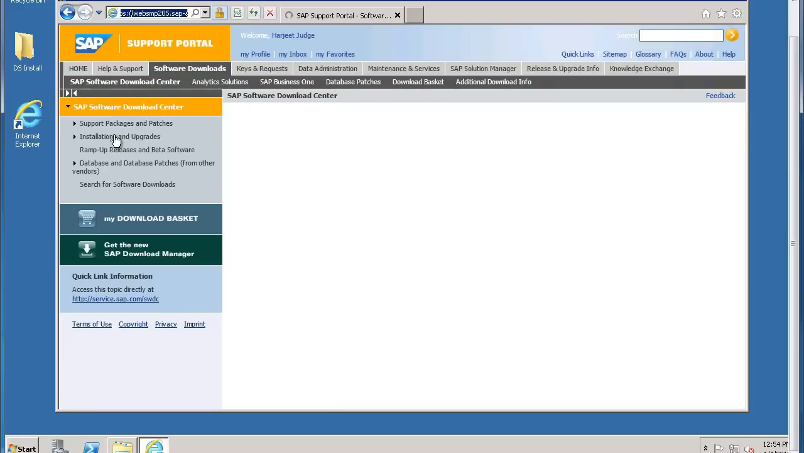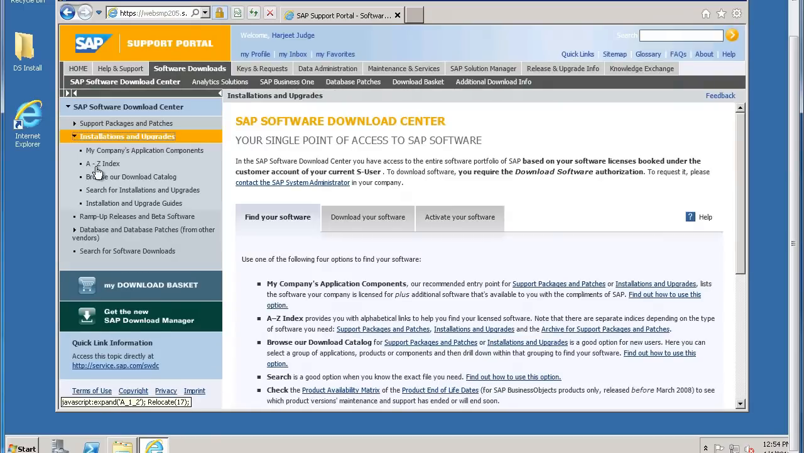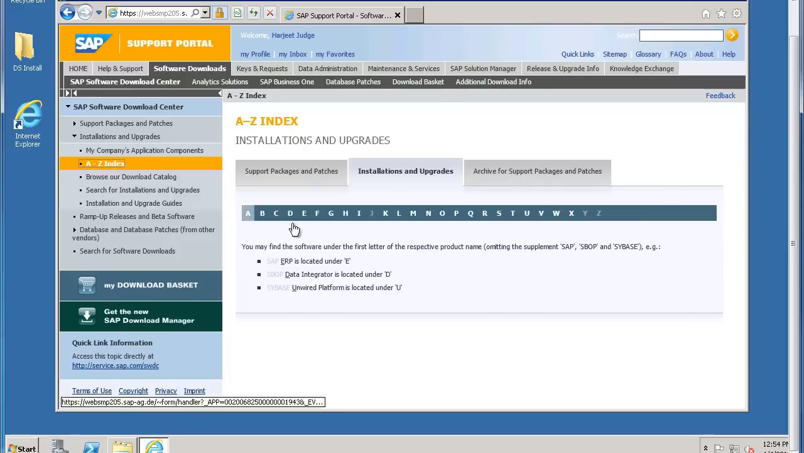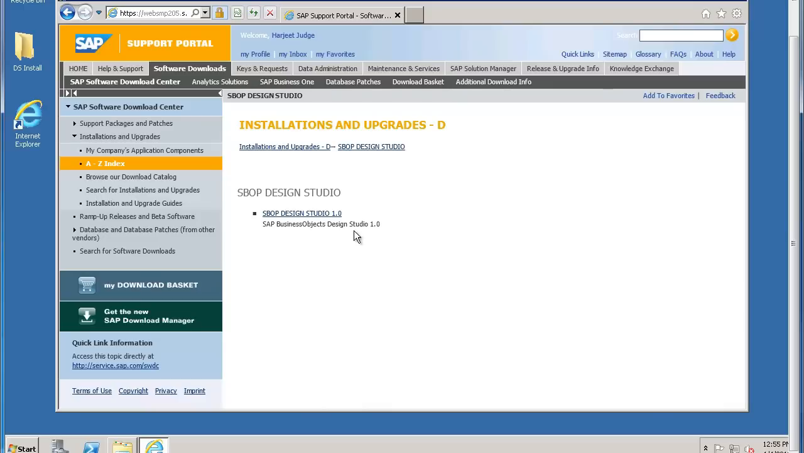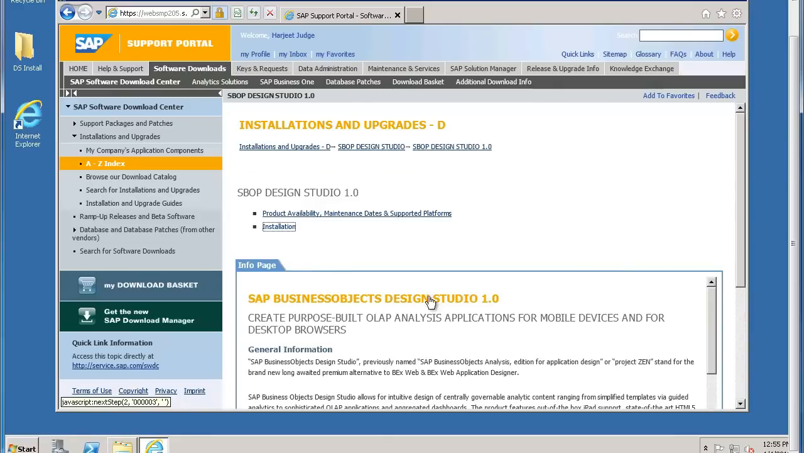Once logged on, click on Installations and Upgrades, A to Z index, D for Design Studio, and click on SAP Design Studio. And the current version that's available for download is 1.0. Click on the version, click on Installation,